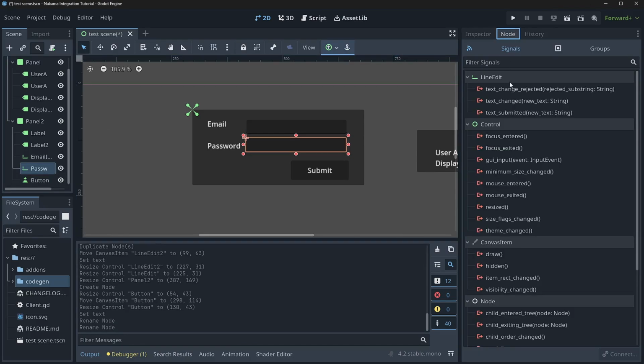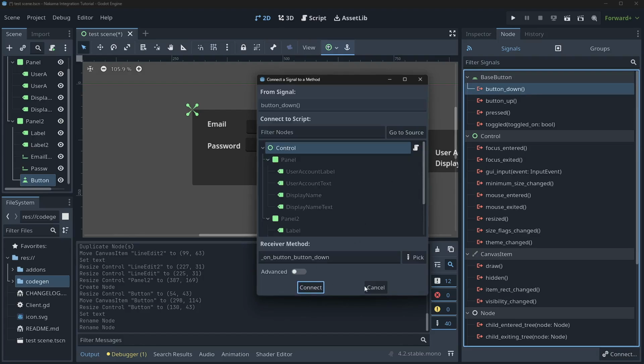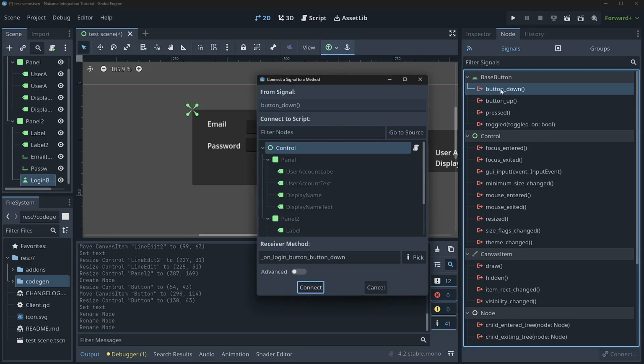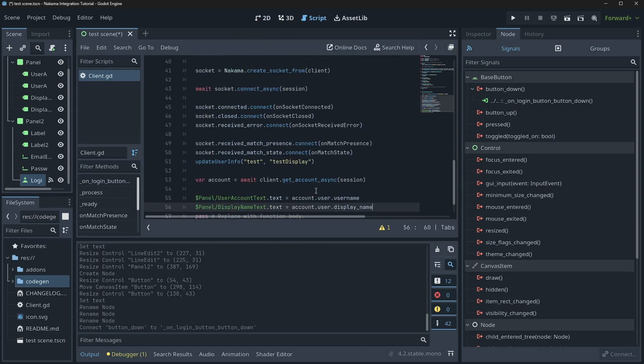And then I'll go to node and I will grab this button. And I'll say on button down. And instead of button right here, I'll say log in button like that, and I'll do button down, and that'll give us an on login button down. We'll go ahead and connect that, and then I'll just come in here and paste that